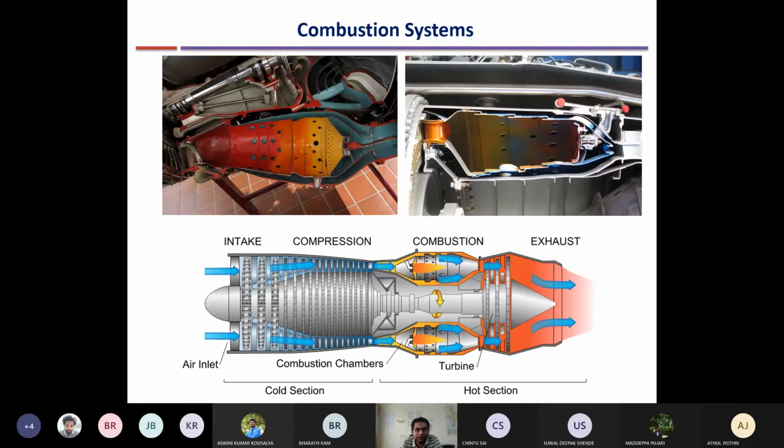So we had started discussing combustion systems, combustion chambers, and we have noted that combustion chambers are an essential part required for imparting energy to the fluid so that we can increase its temperature to the maximum temperature. This is required so that work can be extracted using the turbine, and this work is used either for running the compressor, or in addition to running the compressor, also running a generator for generation of power, or the additional enthalpy which remains can be exhausted, in the case of gas jet engines, through a nozzle to generate thrust.